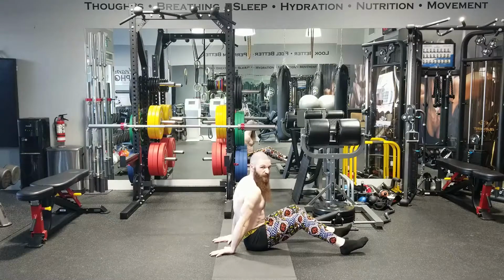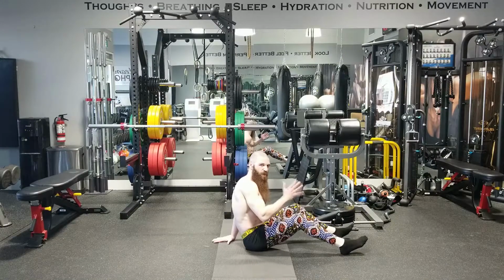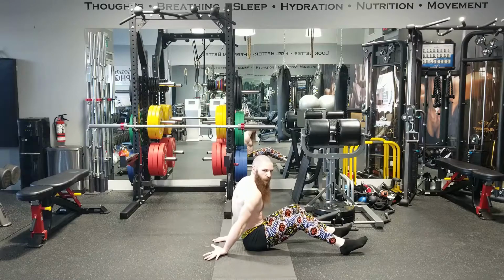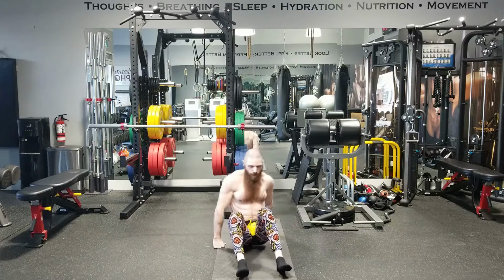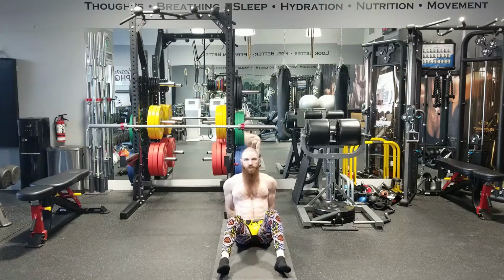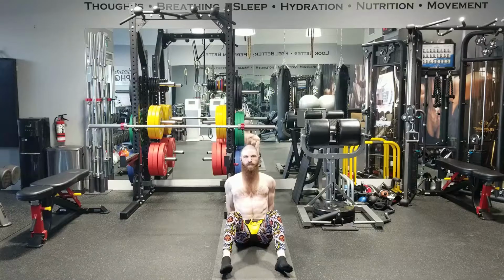The reason the palms are facing the ceiling is because the biceps are responsible for shoulder flexion, elbow flexion, and supination. So we want to go into shoulder extension, elbow extension, and pronation by keeping your palms toward the ceiling. From this position over here, we're creating a valgus force at the elbows. So imagine that you're trying to drive your elbows toward each other. You want to rotate your shoulders back, keep the chin tucked in, crown of the head up toward the ceiling,